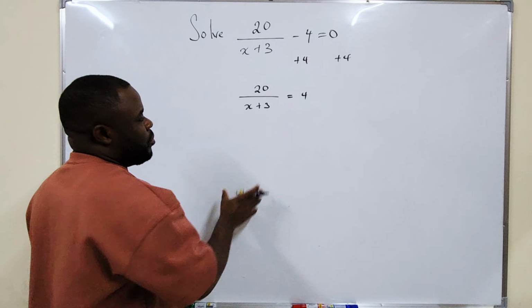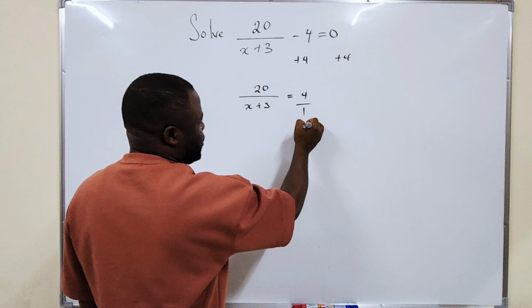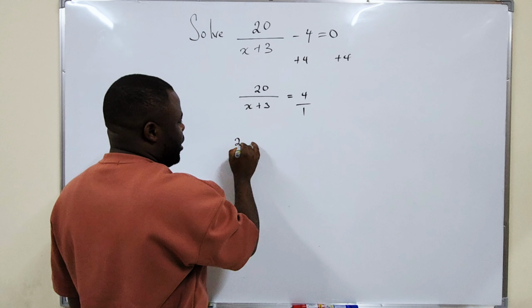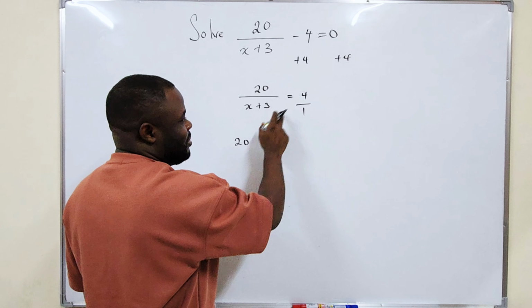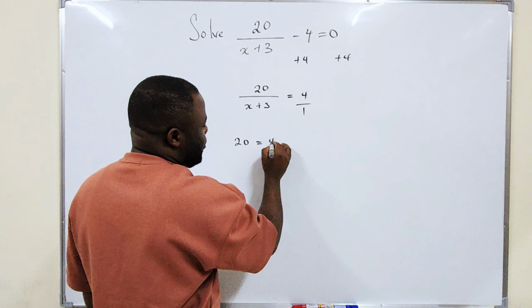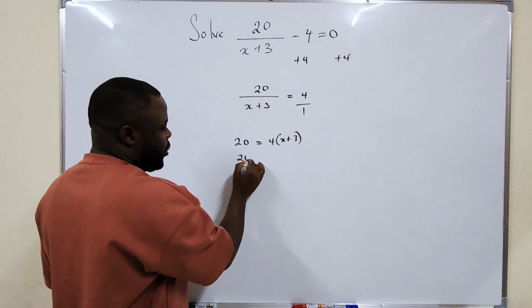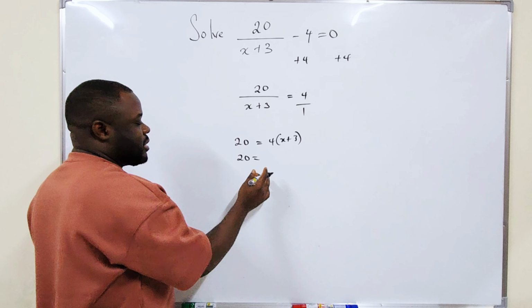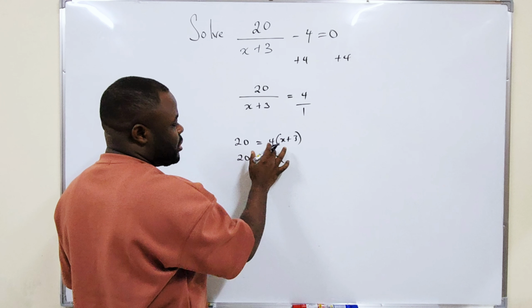And basically, what we have to do is just cross multiply. So when you cross multiply, this is over 1. 1 multiplied by 20, you have 20. x plus 3 multiplied by 4 is going to give you 4 multiplied by x plus 3. All right? So you now have 20 equals x multiplied by 4 is 4x, and 3 multiplied by 4 is